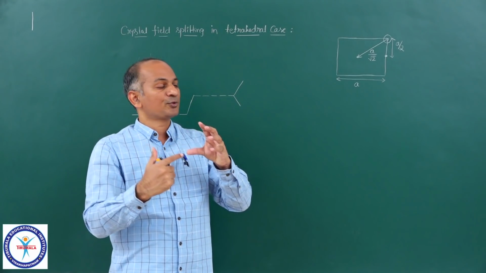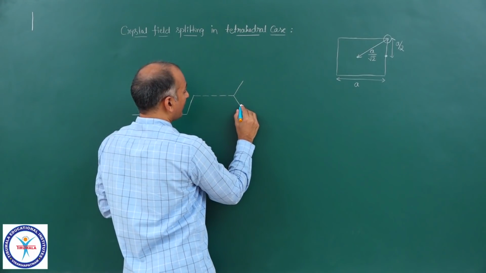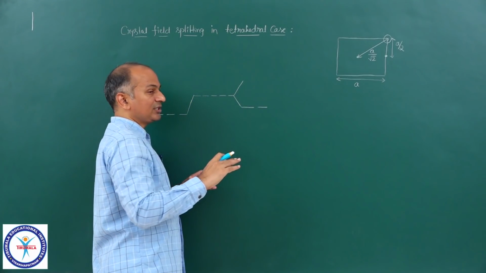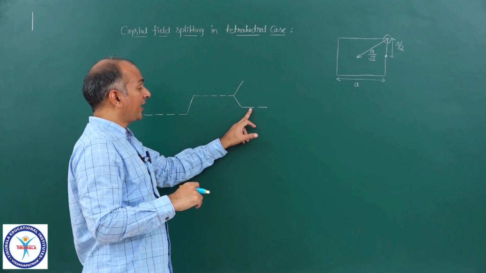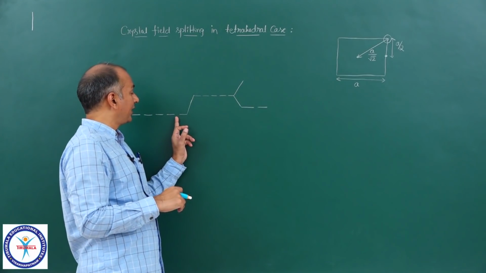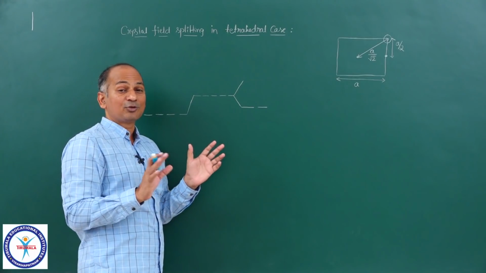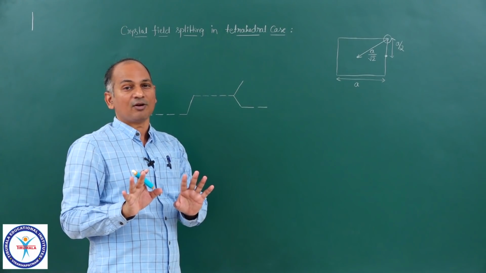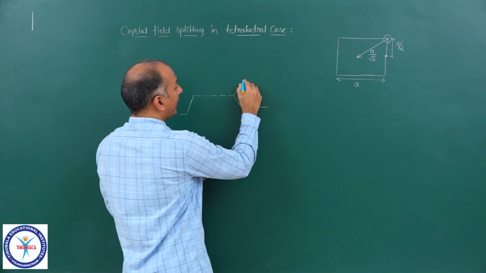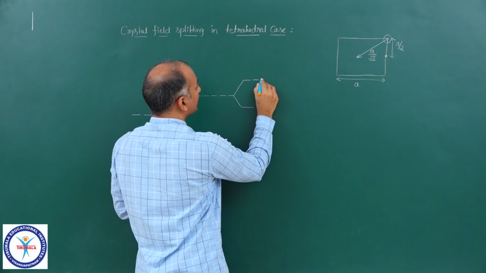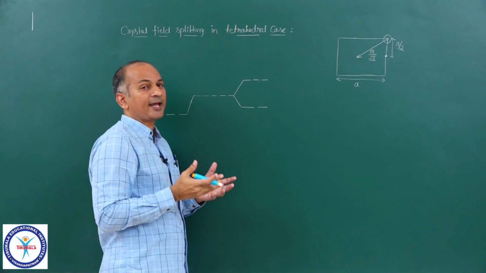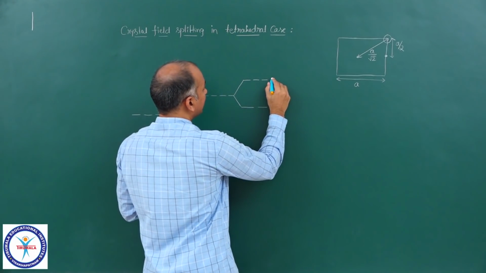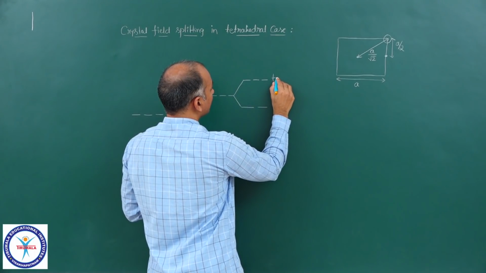So what happens now is, two orbitals are lowered in energy, but the energy of these two orbitals is not lower than the orbitals of the isolated gaseous atom, isolated metal ion. No, that is not the case, that is wrong. Okay, two are lowered, and the energy of the three orbitals is raised. Exactly opposite. Now we call this as T2 orbitals.